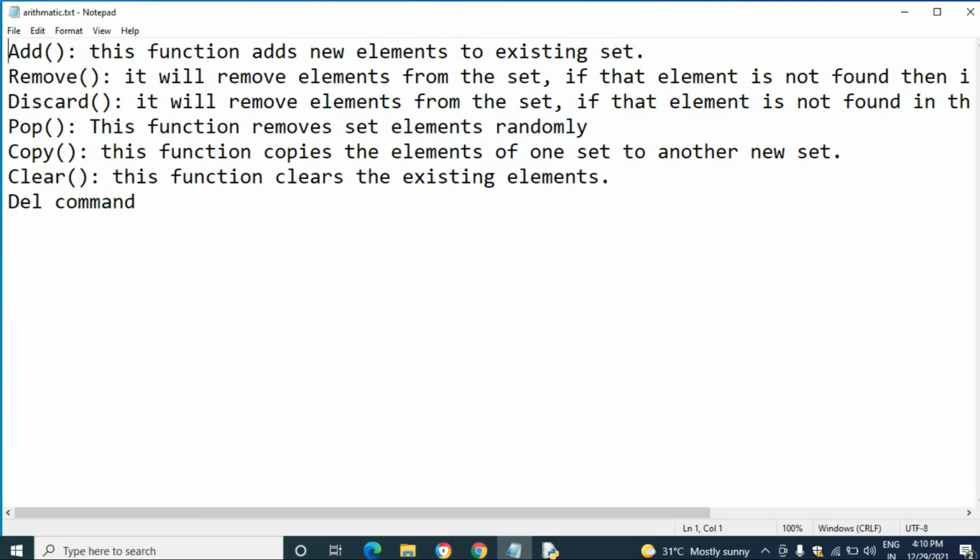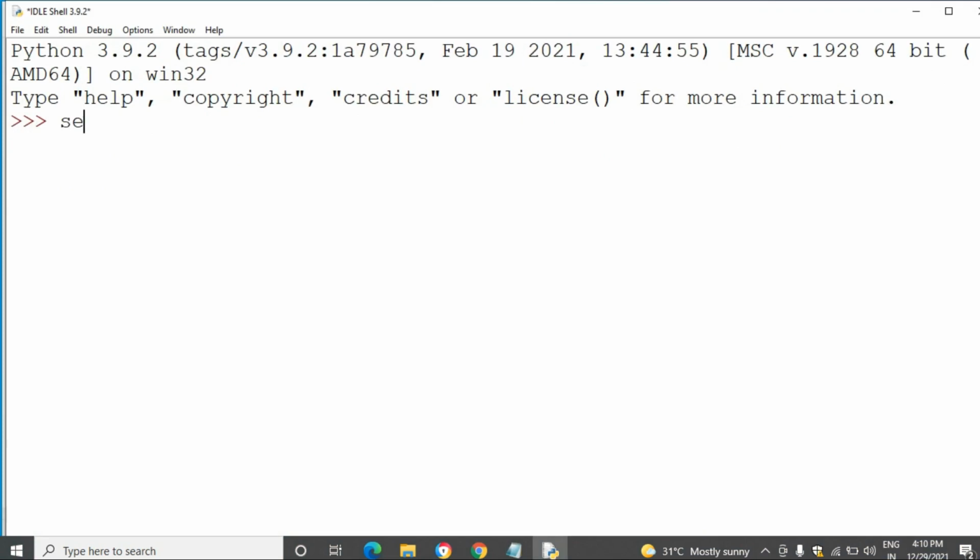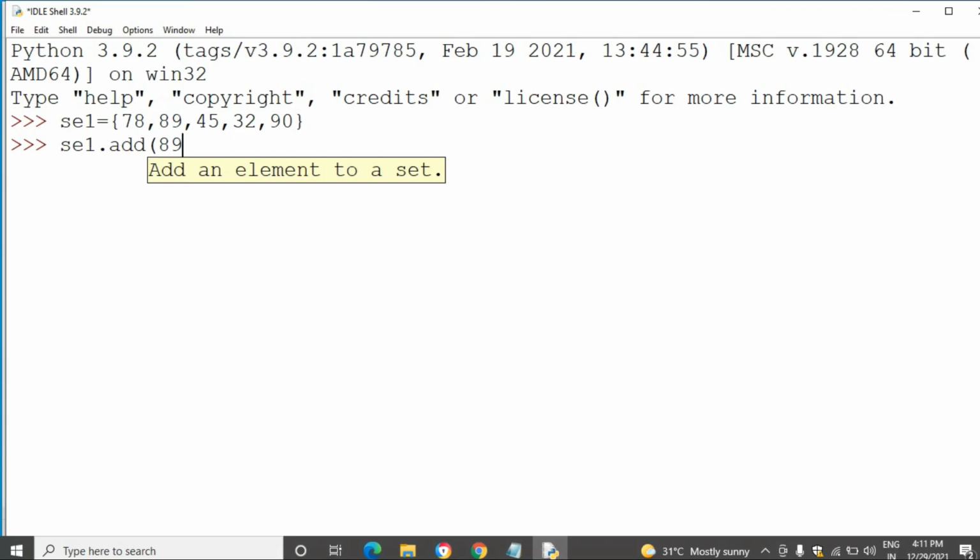The first function is the add() function. This is used to add new elements into an existing set. Okay, let's see an example. set1 equals a set of elements. Then I want to add some elements into this set, so by using the add method, set1.add(